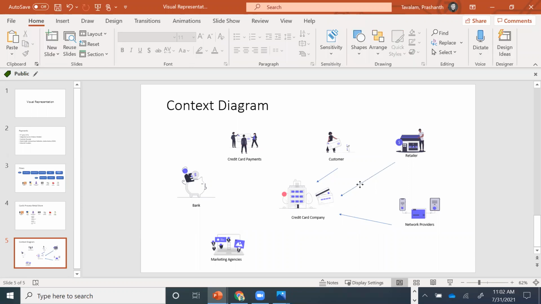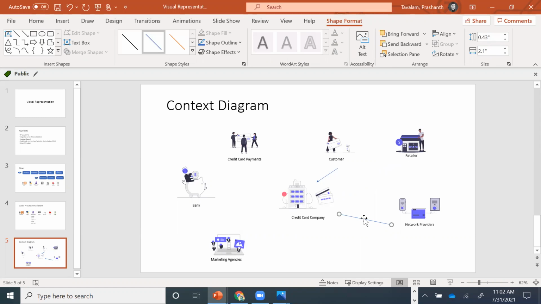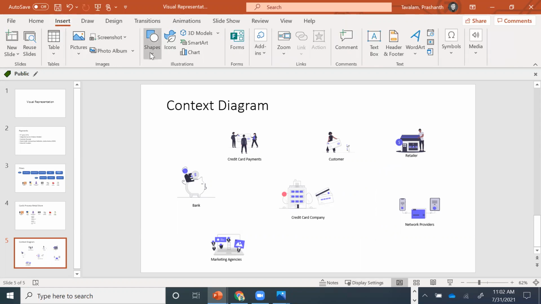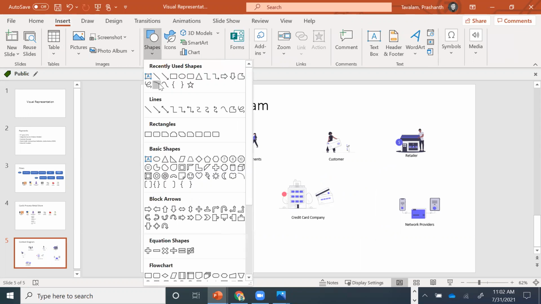Arrows are not required actually. If you see, there are better ways to do this. Seeing which is a better way to... all your creativity.